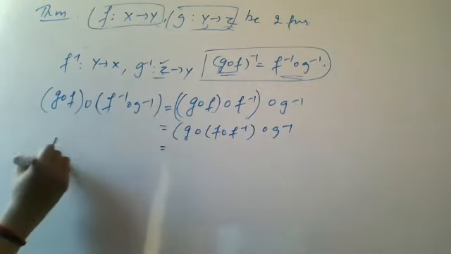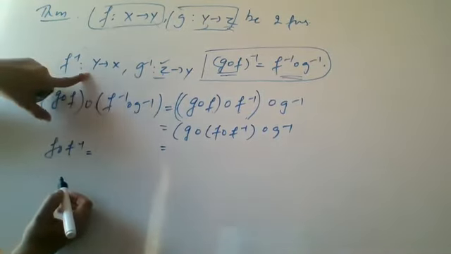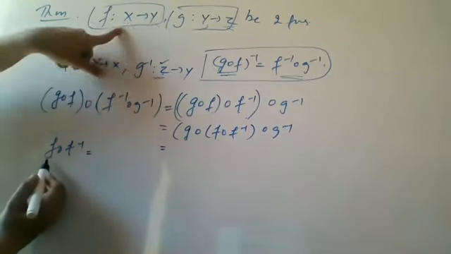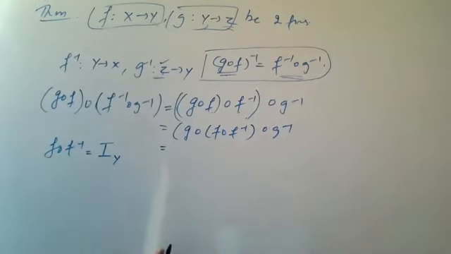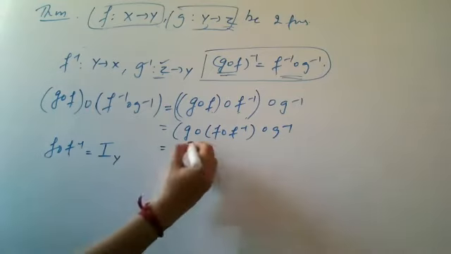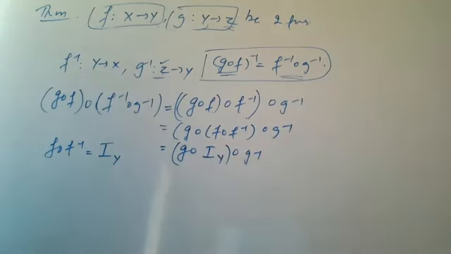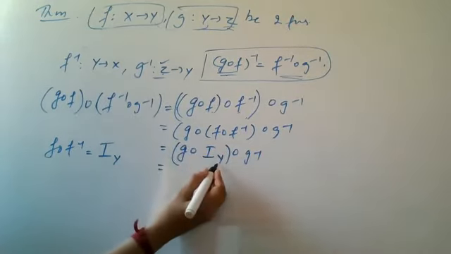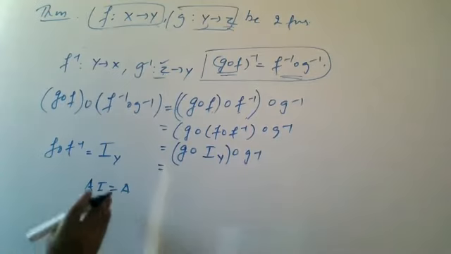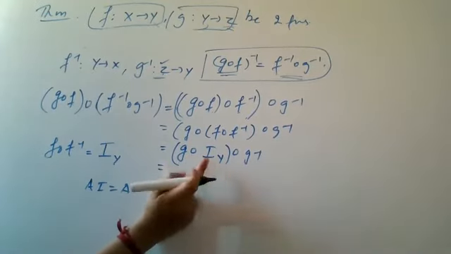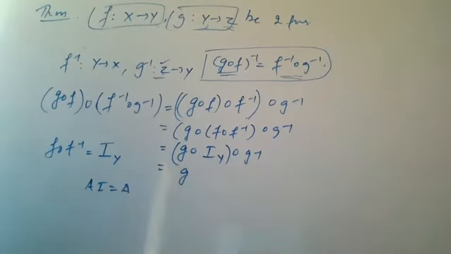Now F composition F inverse क्या देगा? F composition F inverse means it is starting from F inverse. F inverse is starting from Y. Then it will reach X. Then you will apply F. It will reach Y. So Y से start होके Y से end होगा. मतलब वो I देगा, suffix होगा Y. Understood? It is from Y to Y. So you will have G composition I Y composition G inverse like this. Now again G composition any identity matrix है, जैसे AI is equal to A you write, or IA is equal to A you write. Similarly here the composition with the identity matrix will give you this function. Okay, so you will get G here.